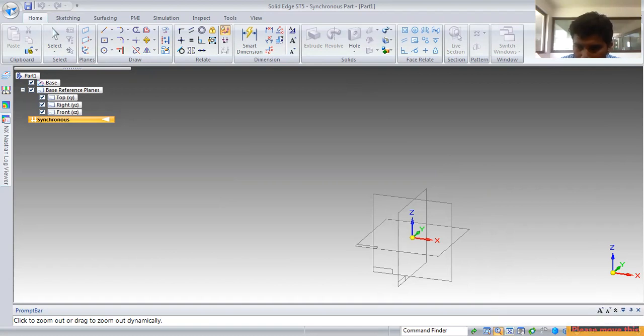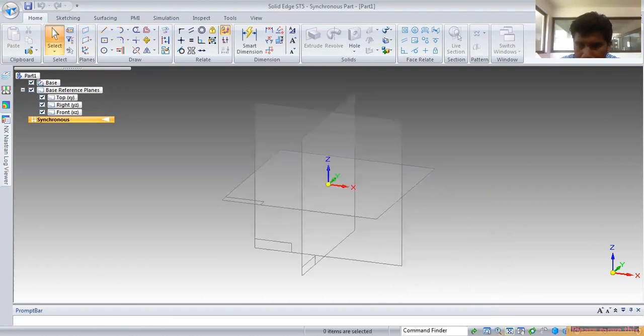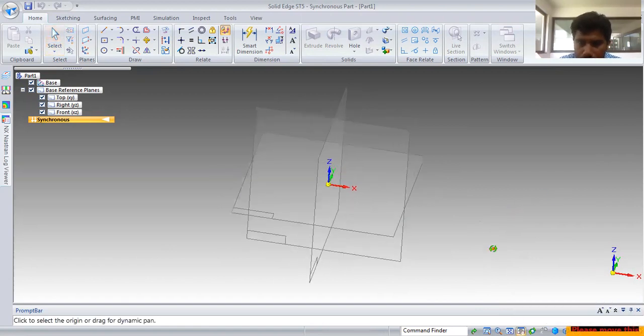Next is the fit option. You can see here it tells you what this is. Then it is the pan option. Pan means if you select this you can move anywhere.